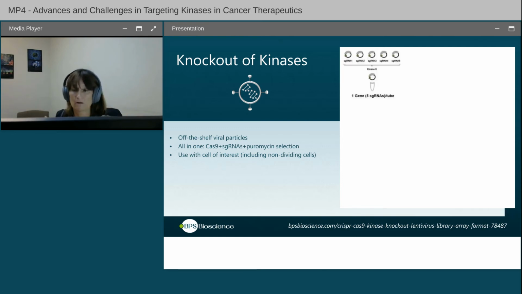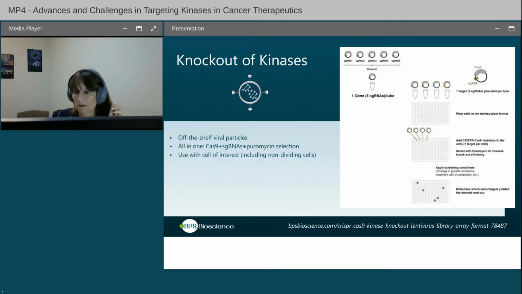Now, every vial of the library targets one gene, but every vial also contains 5 different single guide RNAs, and this is to make sure that we get the best knockout that is possible. So each vial contains 5 sgRNAs and targets one gene, and then the full library,